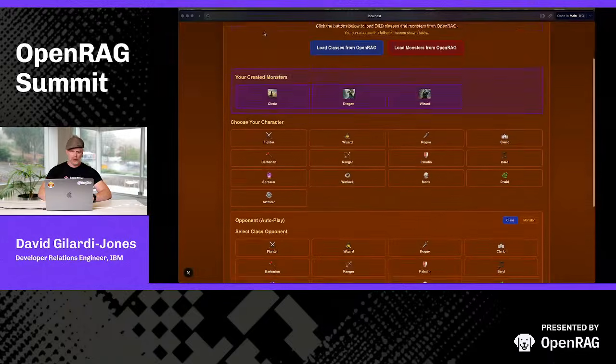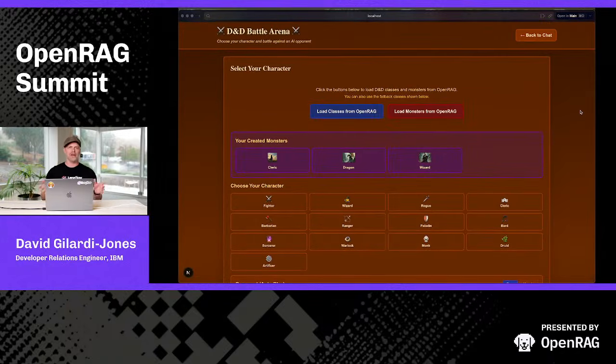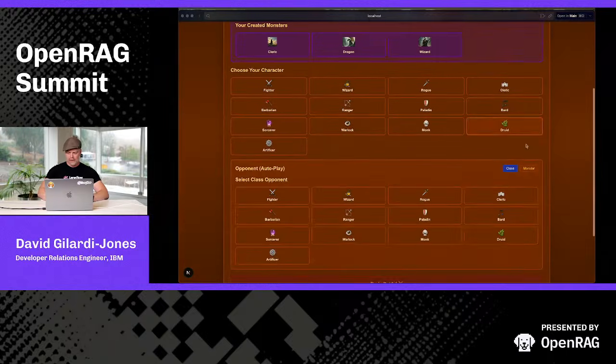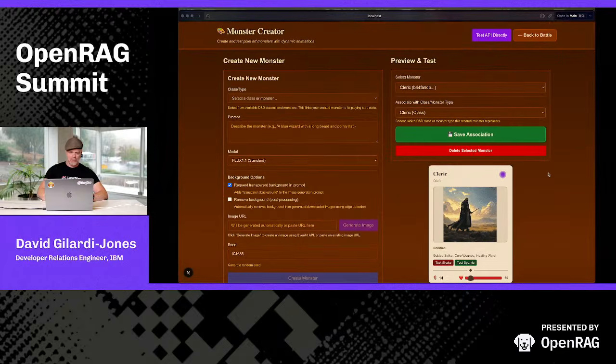So I'm going to open up a little Easter egg here, and like I said, I'm making this retro D&D auto battler, right? And for those of you who aren't familiar with D&D, the lore is extensive, and there are an absolute ton of various classes and monsters and things like that. They have all sorts of stats that go along with them. And from an application development standpoint, I'm looking for how I can leverage OpenRAG to speed up my development and make it so I don't make simple mistakes on, say, the types of abilities maybe a cleric has or